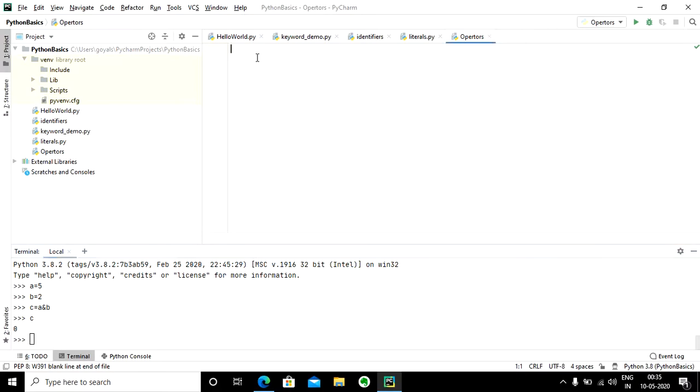Because when I'm typing a equals to 5, internally it is going to get stored in a 32-bit system. Since it is a positive number, the first bit would have 0 because it is not a negative number. For negative numbers, this bit would be 1. And the remaining bits would be a long run of zeros, and then 101. So that is how the value is going to be stored internally.